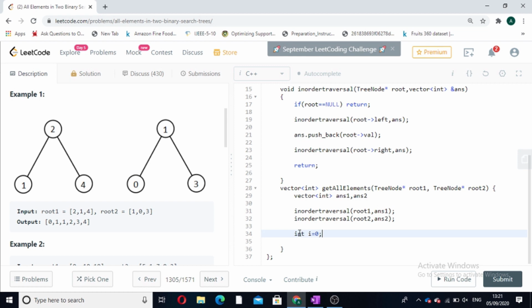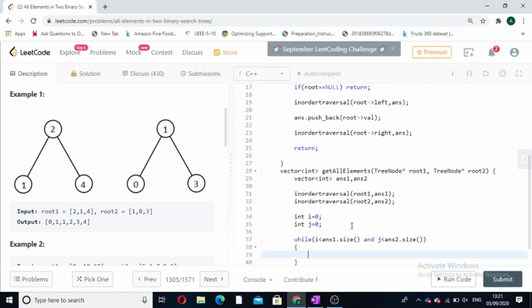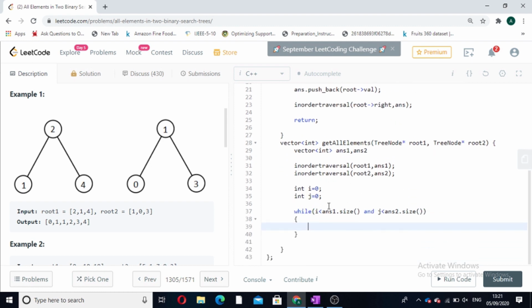Int i equal to 0. The i pointer will point to the first array and the j pointer will point to the second array, while i is less than answer 1 dot size and j is less than answer 2 dot size. Now we will declare our final answer vector, which we have to return.